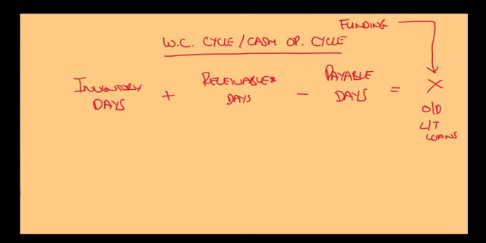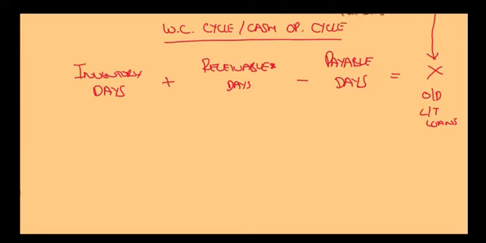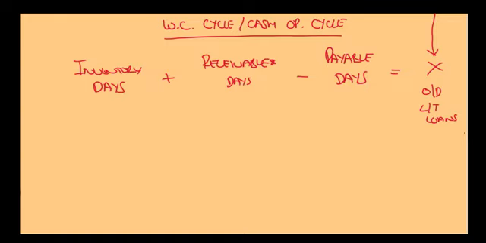but it'll need funding out of long-term loans. Now, the only other question then is, how do I calculate these three things? Well, I left days out there till the end on purpose, because how many days are in a year? Hopefully you know, 365. And then you say, right, take my inventory, which is what I want to calculate. Now, where is that on my income statement? Where's the opposite side? Cost of sales. Receivables, I'll take that. Where's the opposite side of that on the income statement? Sales, credit sales.